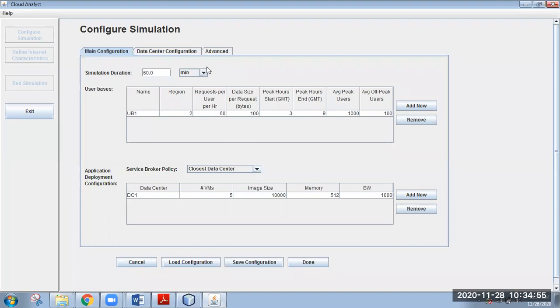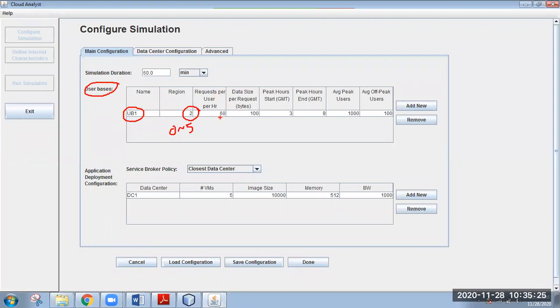Now come to the user base. You can see here there is a user base and the name of the user base is UB1, which is there in region 2. You can select the region from 0 to 5 because the total number of regions is 6. Then you can fix how many requests per user per hour can be submitted.